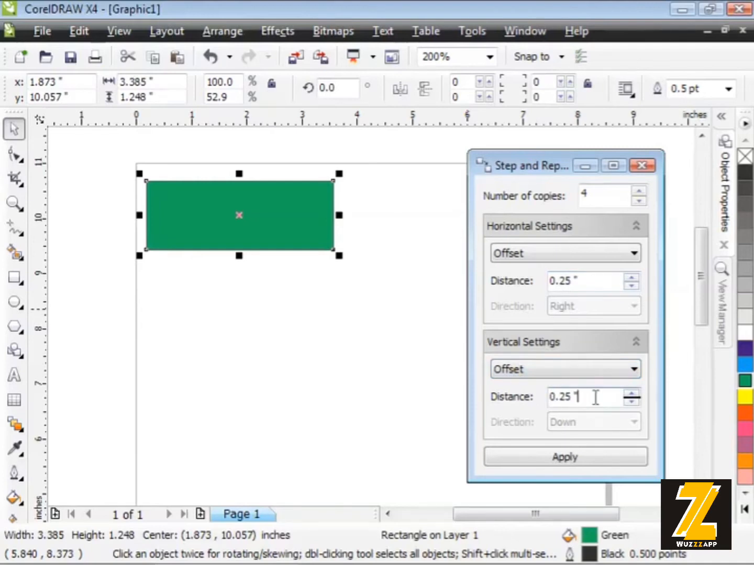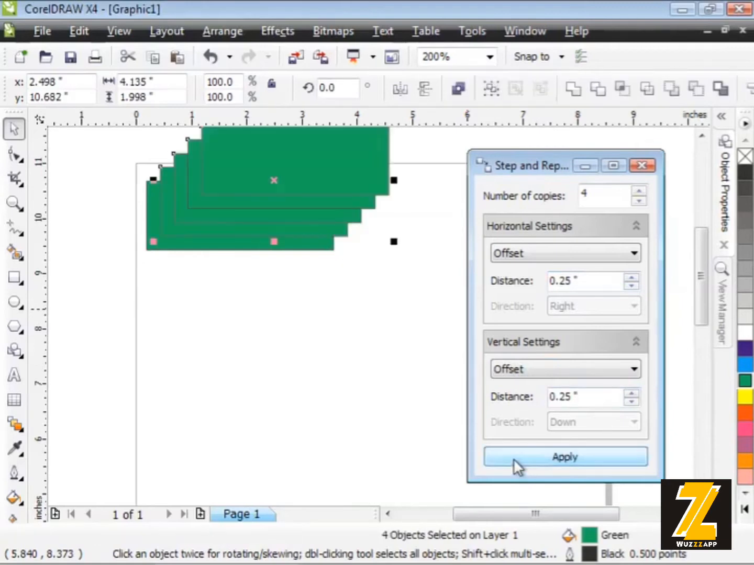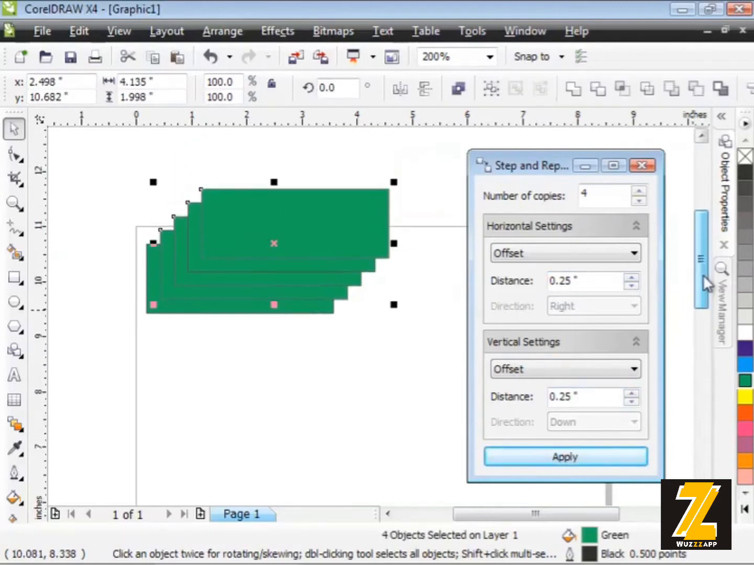Let's give it a try and see what we get. I'm going to click on apply. And what I get, I'll just scroll up here a little bit, is 4 copies of my shape, and they're all spaced apart horizontally and vertically by 1/4 of an inch. Awesome stuff. Okay, now what I'm going to do here is undo that